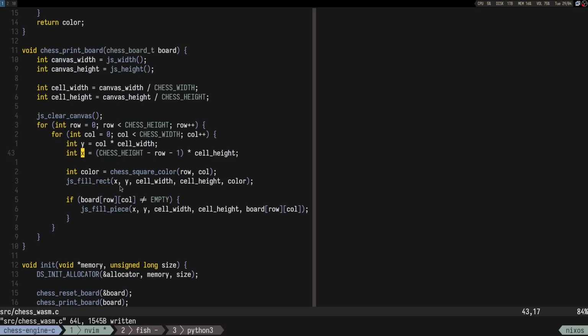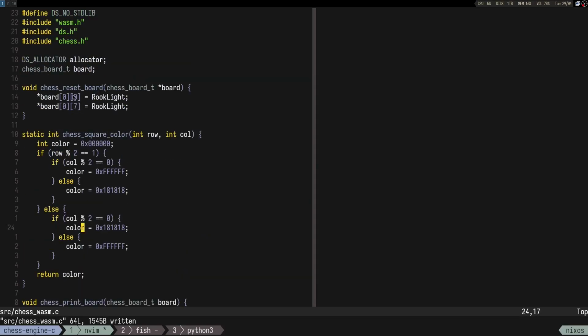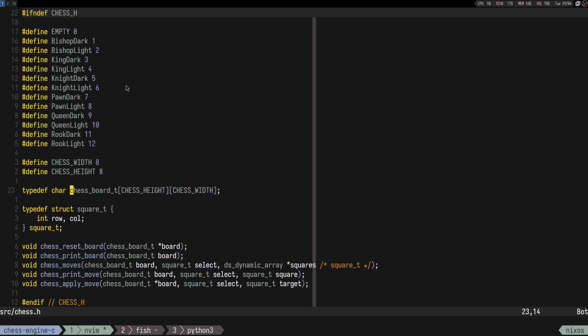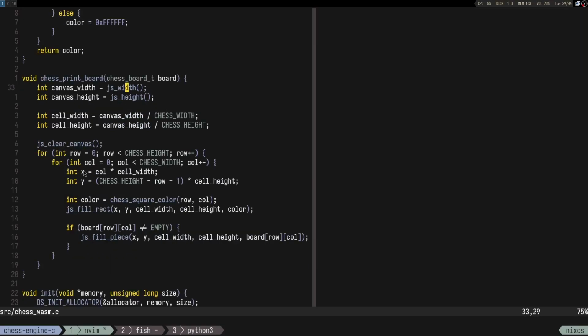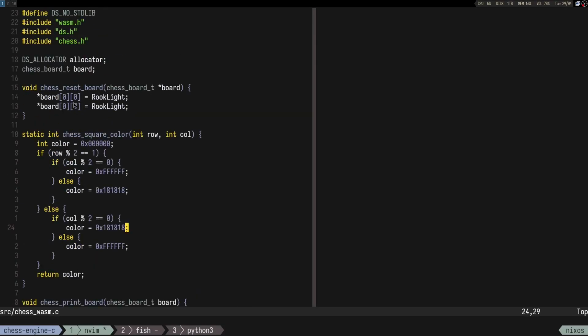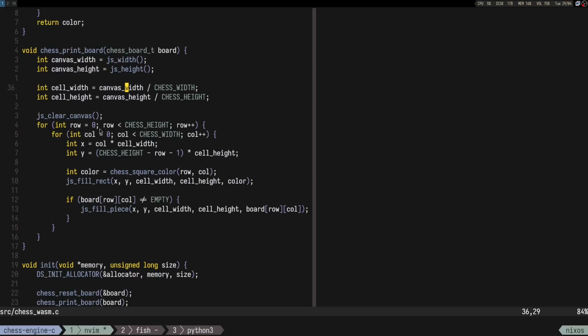So it's 0, 7. Yeah, something's wrong. Let's just think about it. I wanted the second index to be the column, right? That's why I used width here and height here. And we have something like this: 0, 7. We iterate the rows, the columns, then we say something like X is going to be, so this should be,